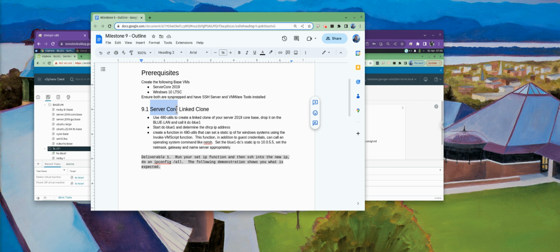This is going to end up being your domain controller on the blue LAN. So use your 40 utils to create that linked clone and drop it onto the blue LAN. You should be able to do this all through code. You'll start it up, figure out the DHCP IP address. Actually, you don't even have to do that. So you're going to start it up, and you're going to go ahead and extend your 40 utils PowerShell module so that